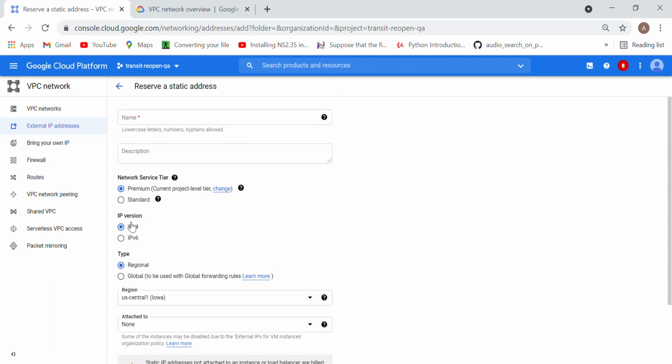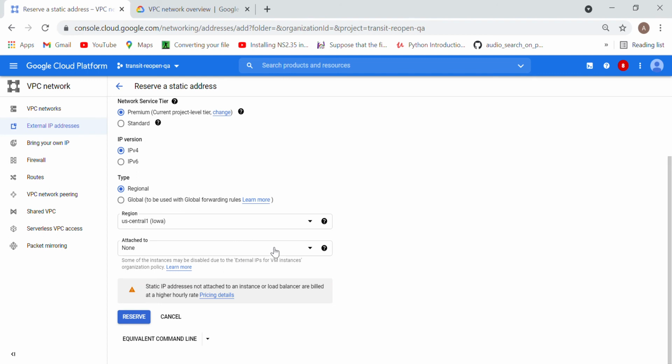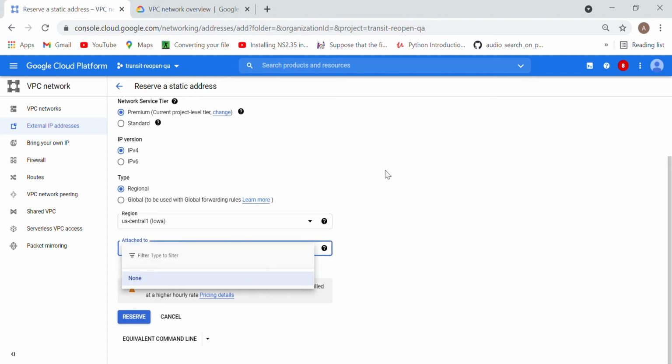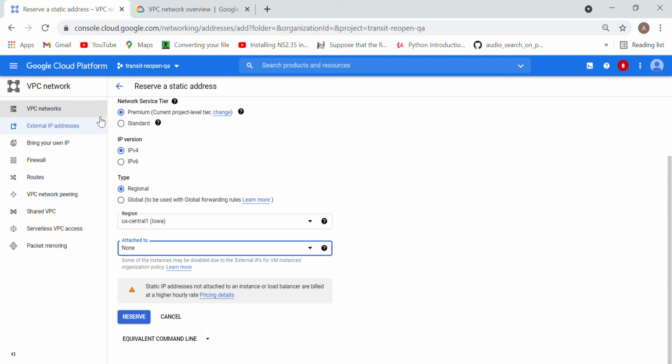There are two versions of IP address, IP version 4 and IP version 6. It's just a variation of the IP address, nothing more. Okay, so you just select IP version 4 and 6, then the type. You want to connect it regionally in your network, or you want to connect globally across the whole world. To which region you want to connect, what you want to attach, and click on the reserve. Once you are done with this,